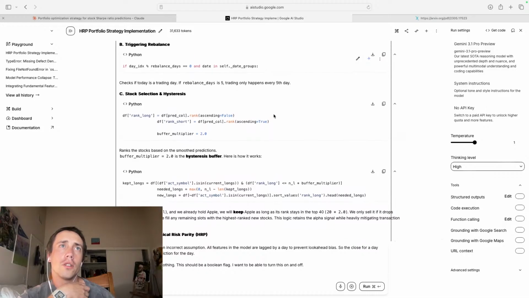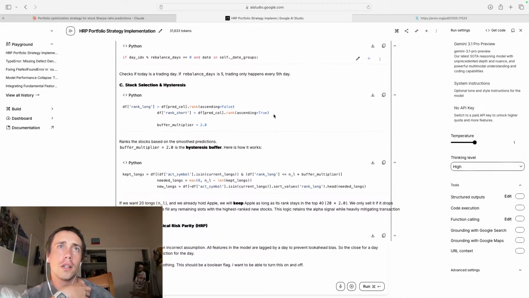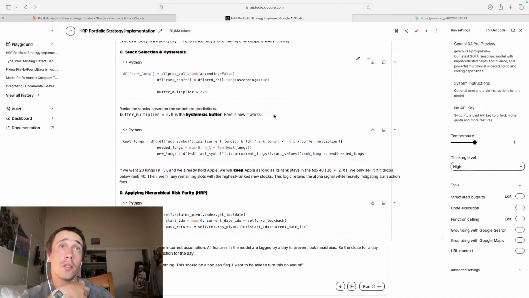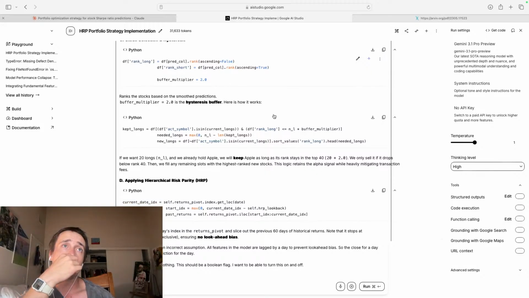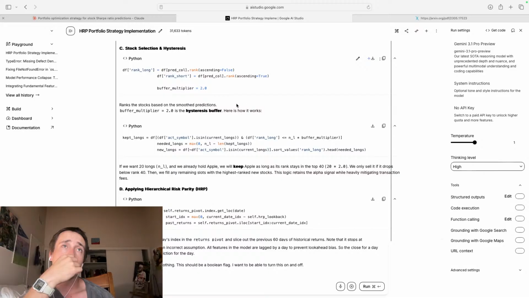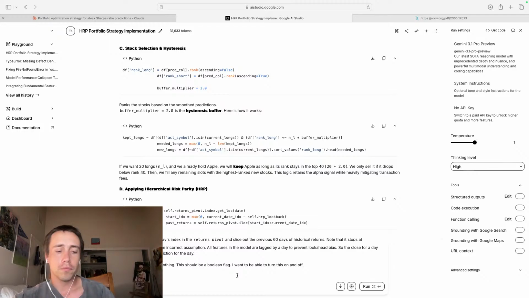Triggering rebalance. Checks if today is a trading day. Okay, so it only rebalances if it's a rebalance day. Stock selection and hysteresis. Add the hysteresis. There should be inputs which turn the hysteresis